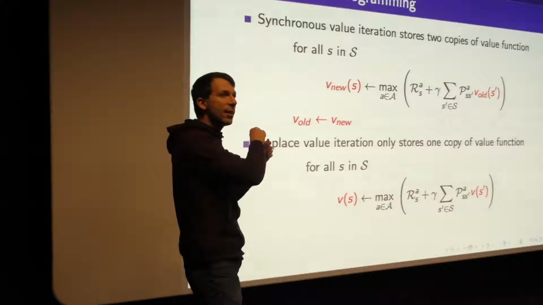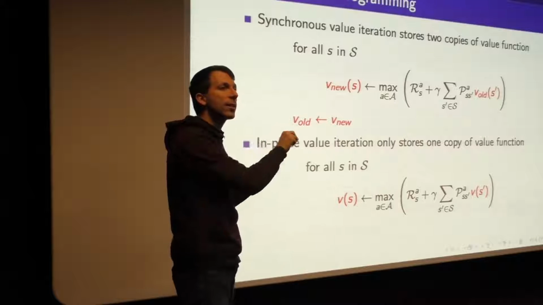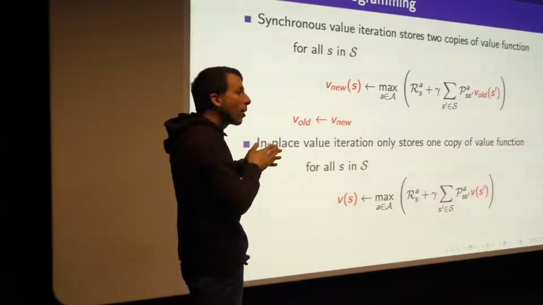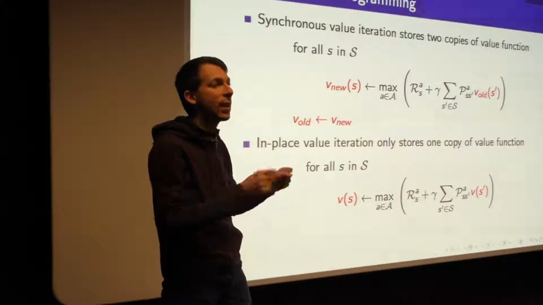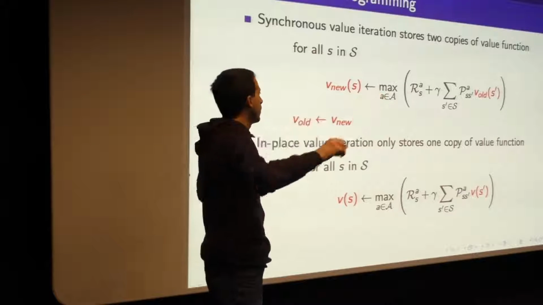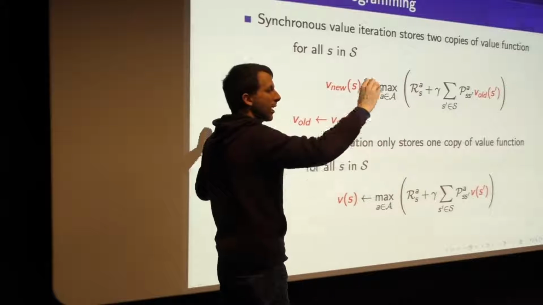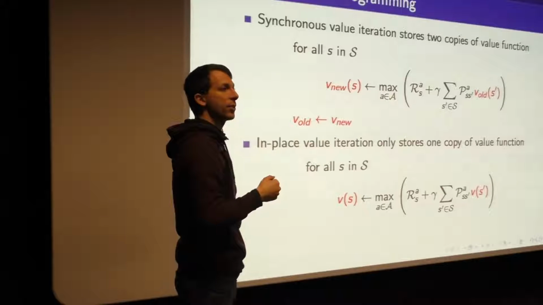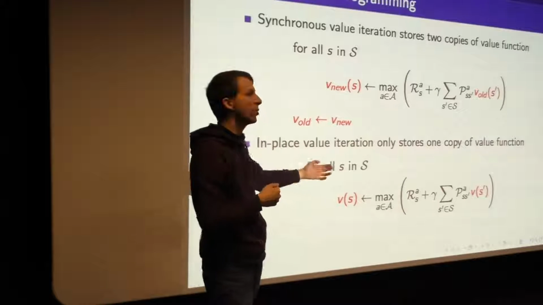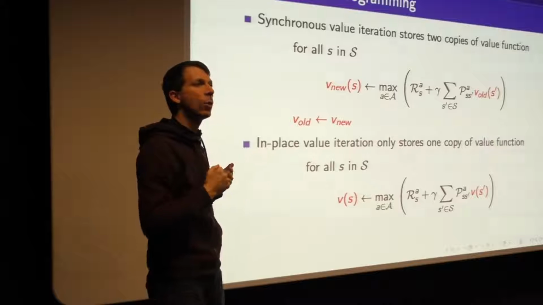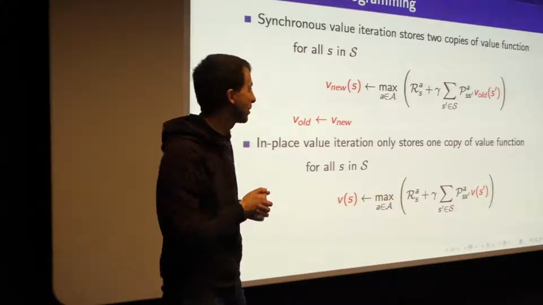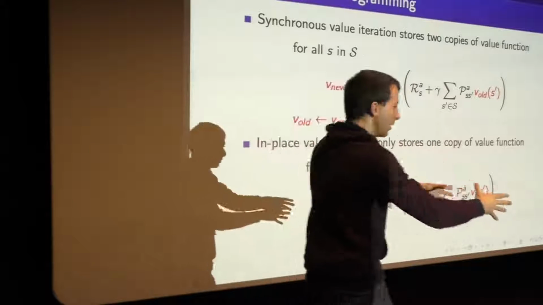The only question now is, how do you order states so as to compute things in the most efficient way? It turns out that in some problems, you can be much, much more efficient. So imagine you've just got a single corridor, and you happen to sweep over your states in a goal towards source direction. Well, then it turns out that in-place value iteration in one sweep through all of your states will have already computed the optimal solution. You don't need n different sweeps,